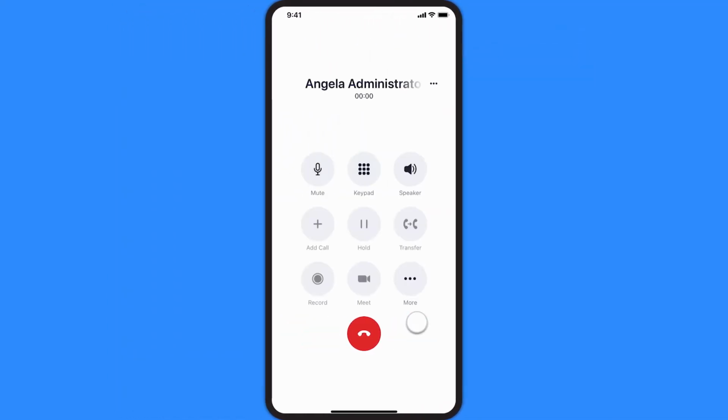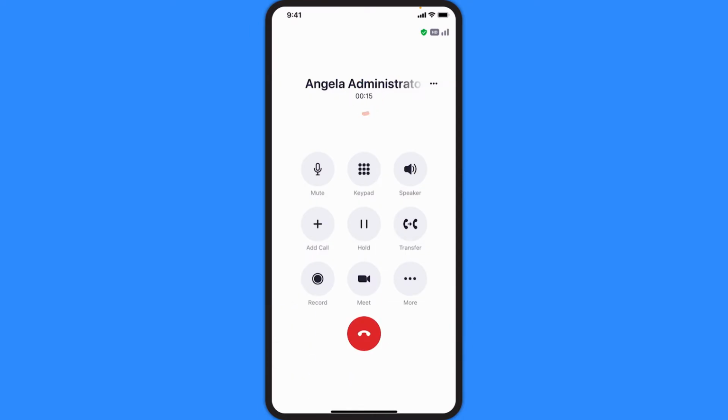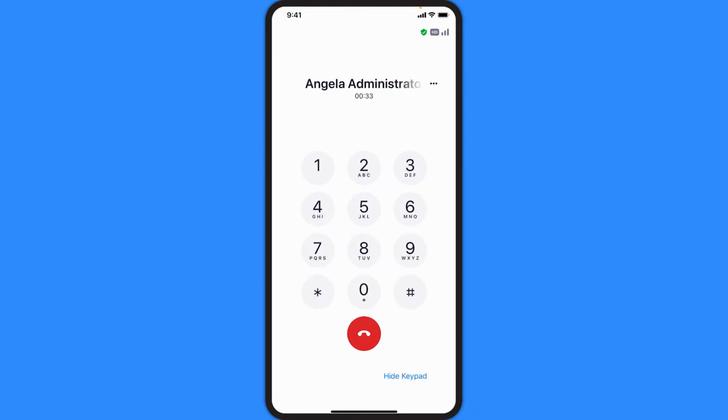I'll tap to accept the call, and I'm immediately brought to the Zoom Phone call in the Zoom app. Here, the caller ID information is shown, and you can tap to see further details about the caller. Also shown is a running timer logging the duration of the current call, and rows of additional options, followed by the red phone button to end the call when necessary. In the upper right corner, we can tap to see if enhanced encryption is turned on and the current level of call quality.